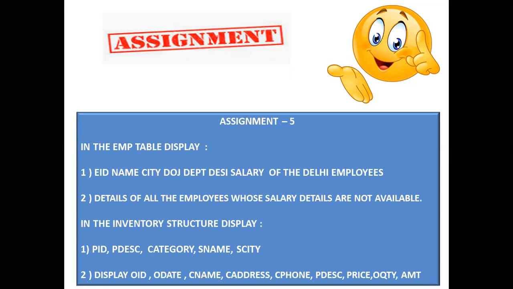Order ID and order date will be coming from the orders table. Customer name, address, phone will be taken from the customer table. Product description and price will be taken from the product table. Order quantity will be taken from the orders table, and amount does not exist in any of the tables, so we need to calculate it as price into quantity as amount.